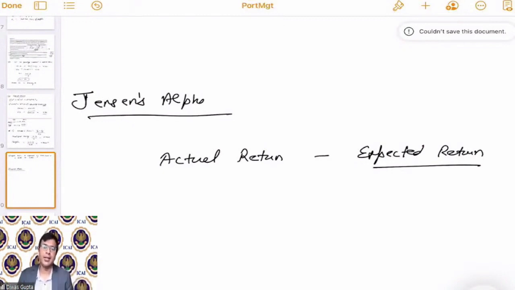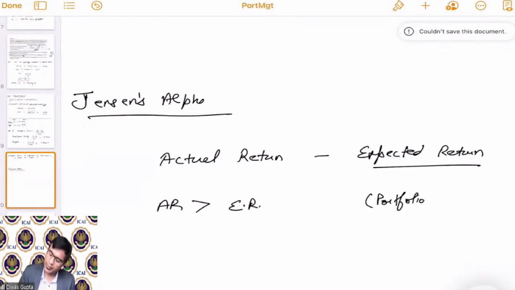If actual return is higher than expected return, then the portfolio created is better,